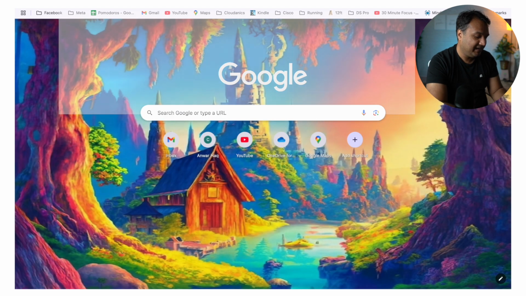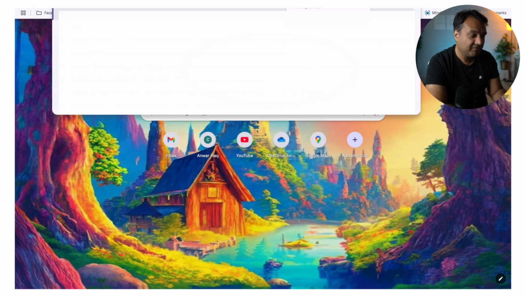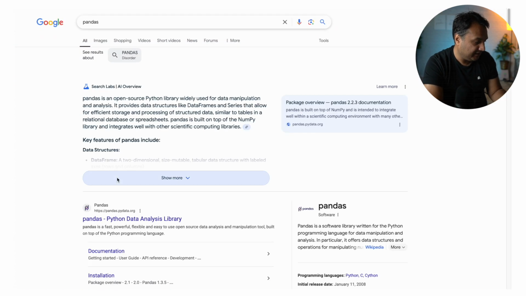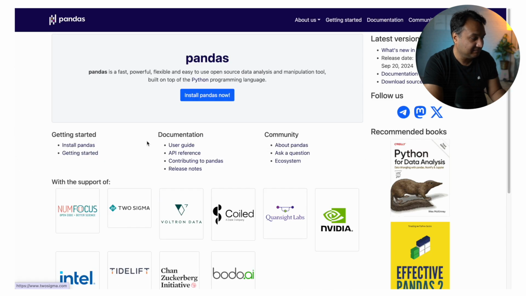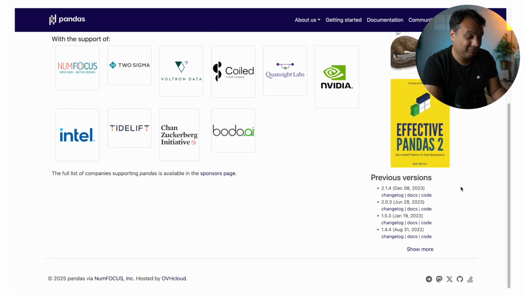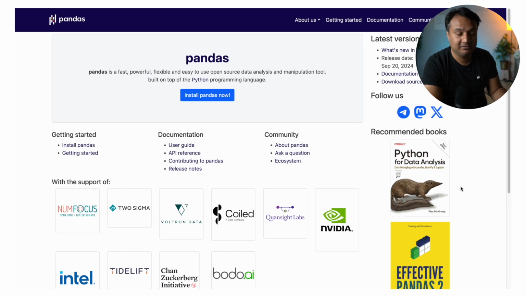We'll be using the Pandas library for this, and you can get a very good idea of what Pandas is. This is the homepage of the library. This is a book written by one of the authors, Wes McKinney, if you want to read it. And it is one of the most stable and most popular libraries for loading data and then actually looking at it and analyzing it.